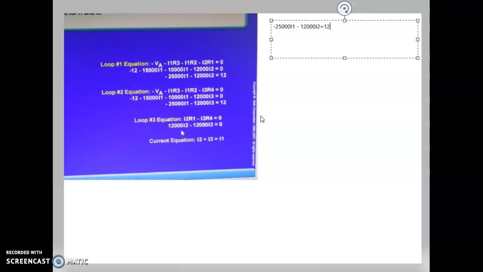So let's do that. I've written this section up here on the board, and we're going to come up with a value for I1. We're trying to get I1 isolated to one side of the equation and express I1 in terms of I2. So the very first thing we're going to do, and I'm not going to put every step in here,